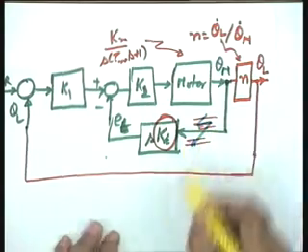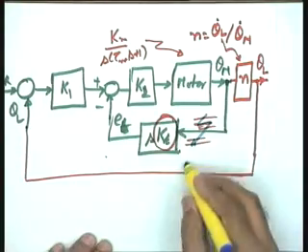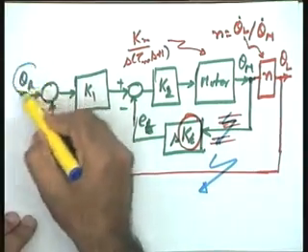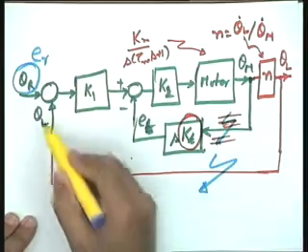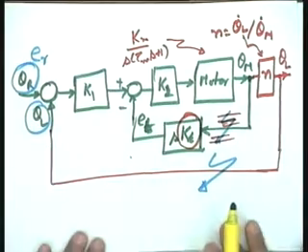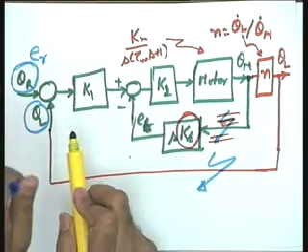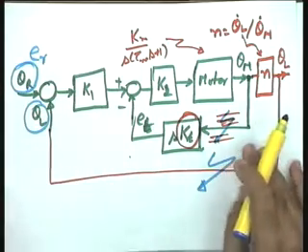As he has rightly pointed out, if I remove this particular block, that is, if I do not give the feedback signal from the tacho generator, the motor still acts as a position control system. The only thing is that the performance of the system may get deteriorated. Okay? The last question, let us restore this particular block, restore this and break this. Yes, very important point. Break this. Keeping this in mind, actually it is a voltage ER, and this of course you have broken, so this signal is not coming. The reference signal is actually a voltage which has been appropriately interpreted as proportional to the required position.